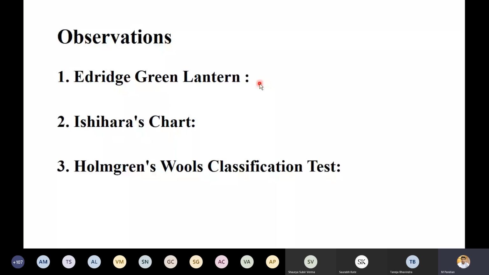If they cannot perceive, you have to write that we are sending them to ophthalmology. Next is the Ishihara chart. If the person perceives the particular numbering and pathway, the person is normal. Same for the wool test. So every time remember, observation and interpretation is a must in your papers. So this much is the practical.